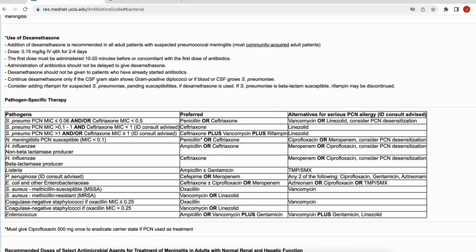You're also preventing GI problems, and overall, if a hospital is able to demonstrate that they are following guideline-directed therapies, then different